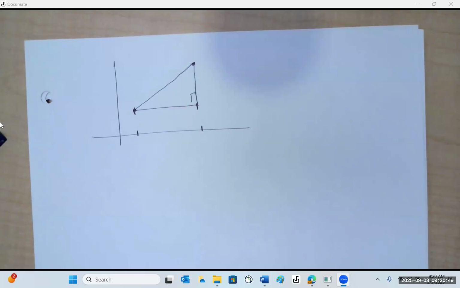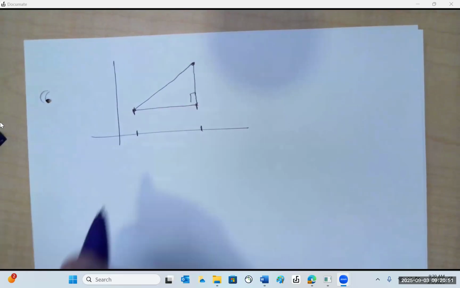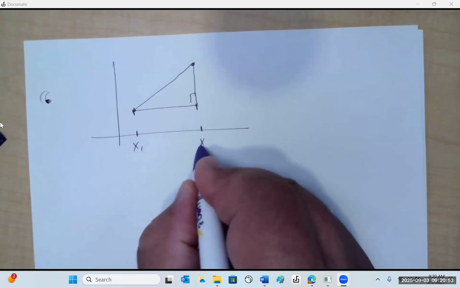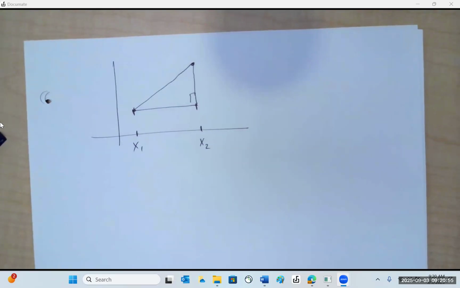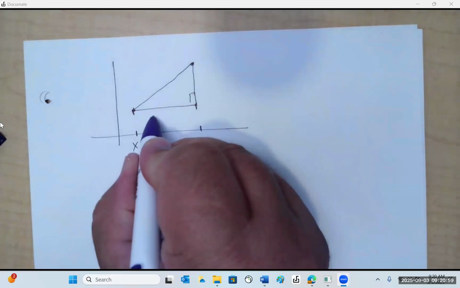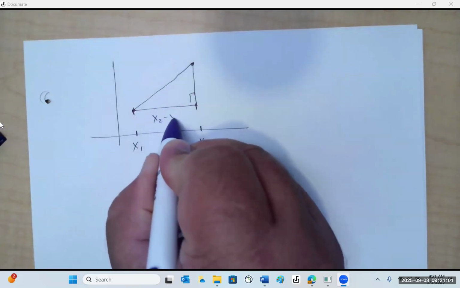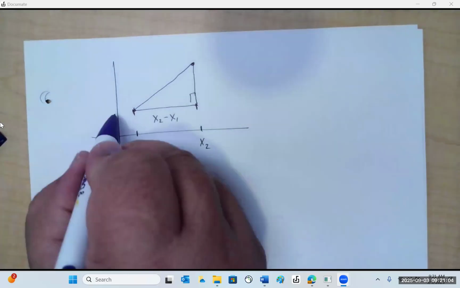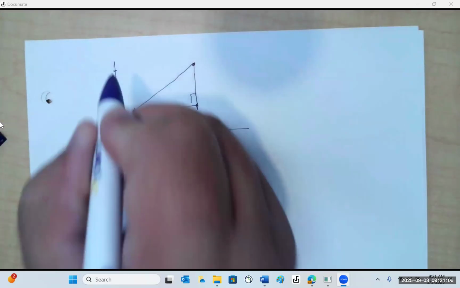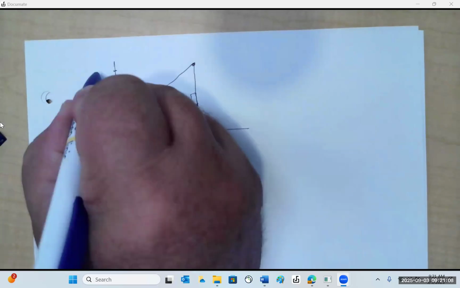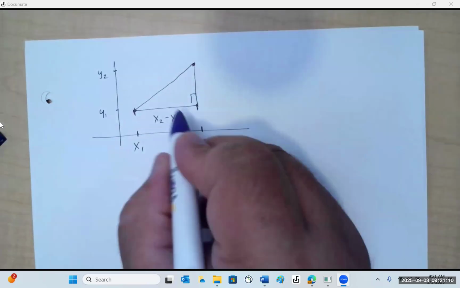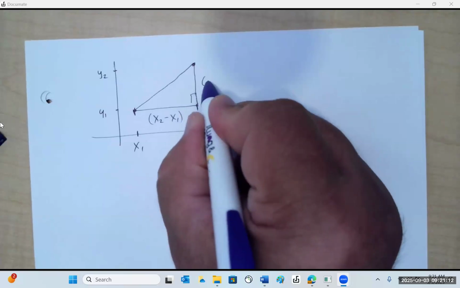And remember what the formula is for that? Between x1 and x2, what's the distance between there? Very good. X2 minus x1. Same thing with the y's between here and here. This is y1, this is y2. That difference is